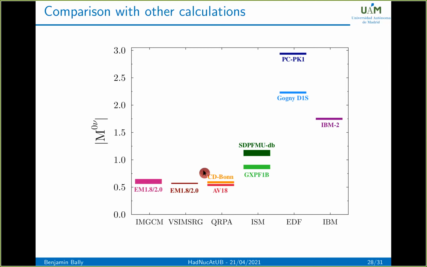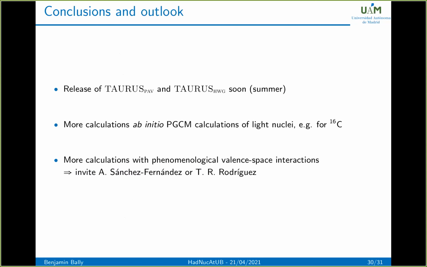So yeah, it is to be taken with a grain of salt, because without a leading order term, maybe it will change a little bit. But at least it's nice to see that the two methods agree. There is also a calculation with a deformed coupled cluster that gives something smaller. I mean, they have a large uncertainty, but it's at least in this range of matrix element, and very much smaller than all the empirical, the phenomenological interactions. And so I think I will stop there.